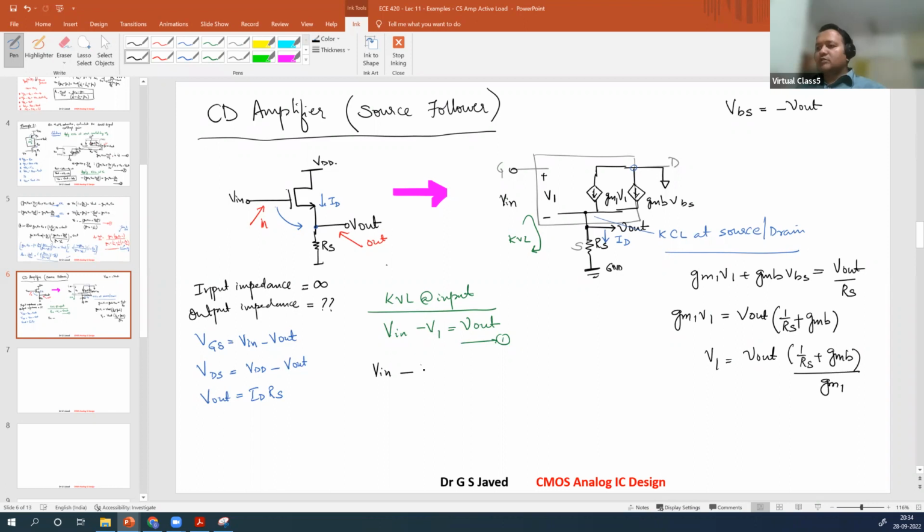So you will get the same thing as Vout times (1 over RS plus gmb over gm1) is equal to Vout. By simplifying, you get Av is equal to Vout by Vin is equal to,